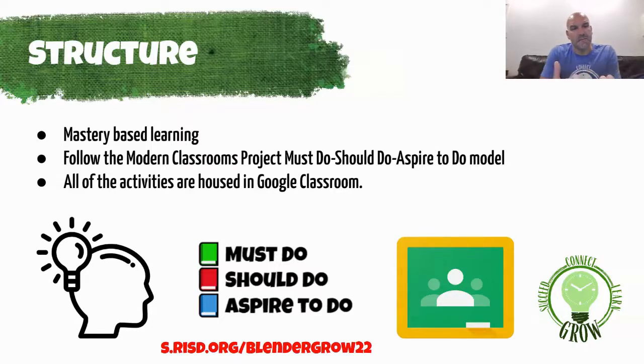So for example, here, mastery-based learning is the student with the light bulb. Like, oh, I got it. I've mastered the content. The must do, should do, aspire to do will send you to a link from Modern Classrooms Project, talking about this model more. And of course, all activities are going to be Google Classroom, but what I did is I linked to an article about using Google Classroom specifically in a blended learning environment. And we'll get more into the technology as we go. But this is the first pillar, known as